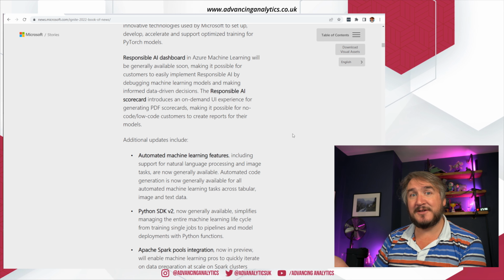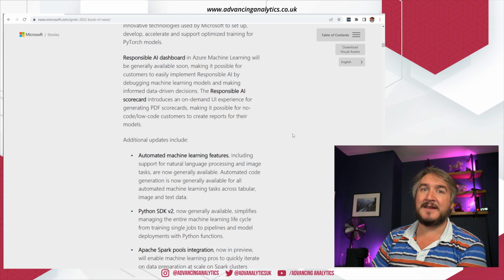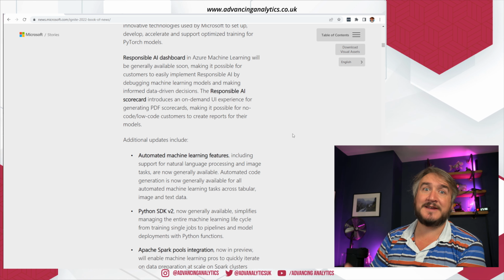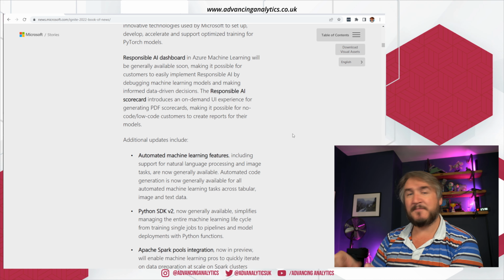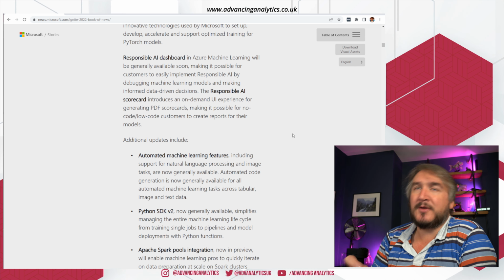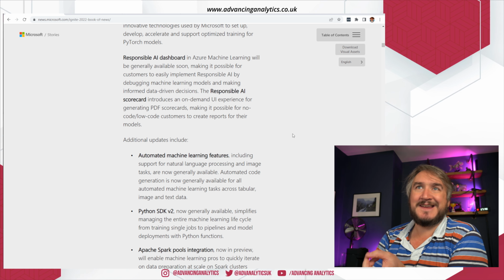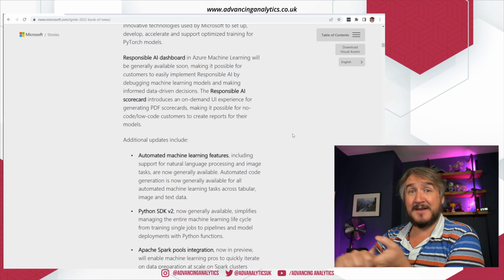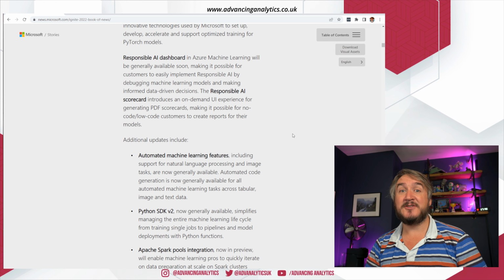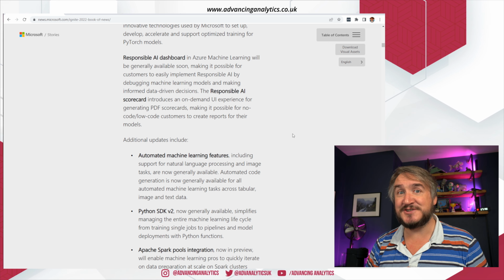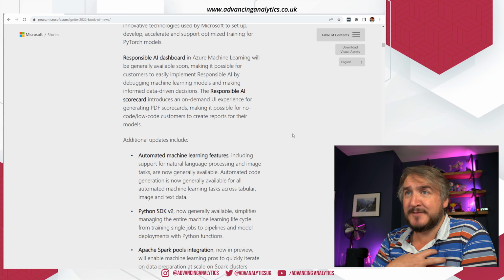Now, again, that's been a real theme of Azure Machine Learning for a while now. We've seen things coming in terms of some telemetry and observability in terms of kind of model fairness, model bias, just some tools to help you track it on a model by model basis. And this is pushing it even further and saying, well, actually now there's a pre-canned responsible AI dashboard. There's a responsible AI scorecard, essentially a bunch of metrics just to try and make sure we're all talking the same language. We're all using the same benchmarks to say, am I using AI responsibly?